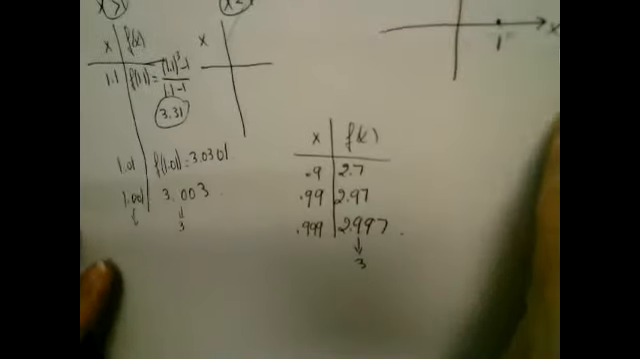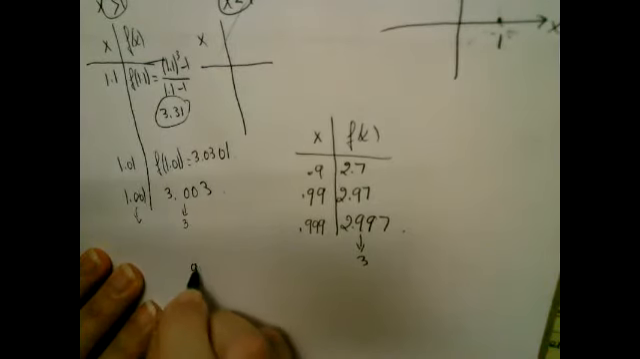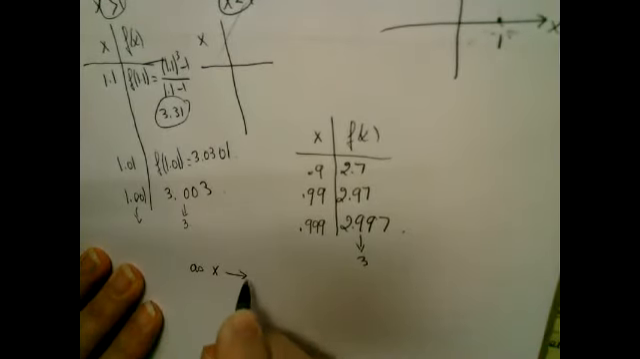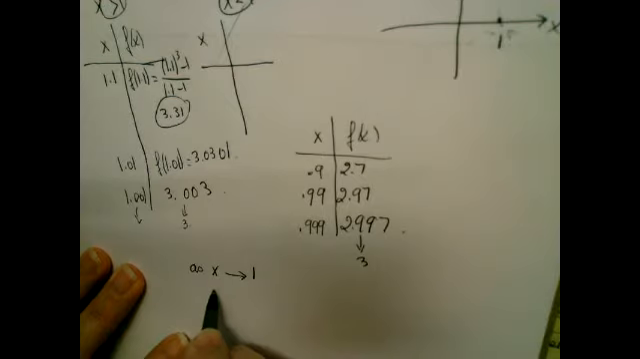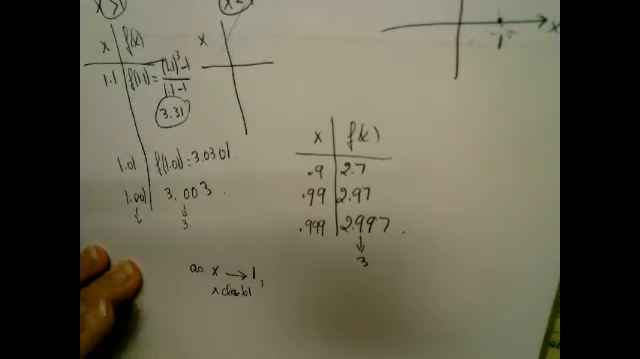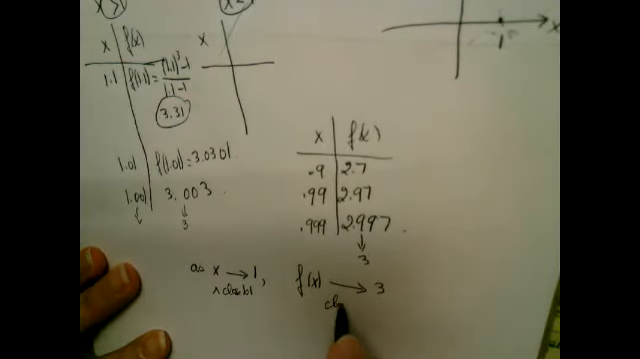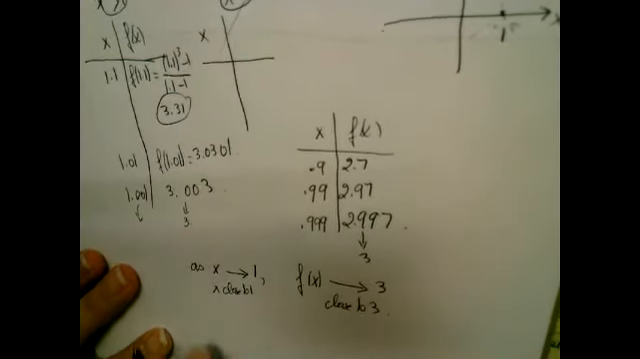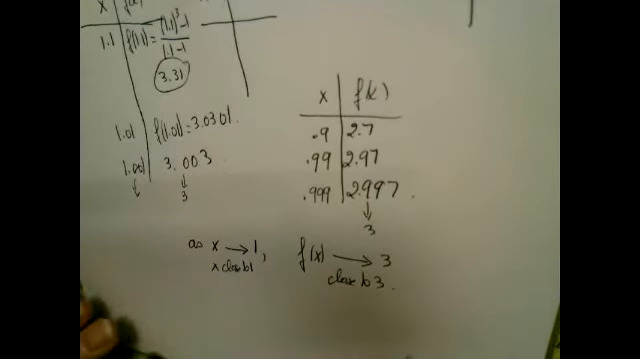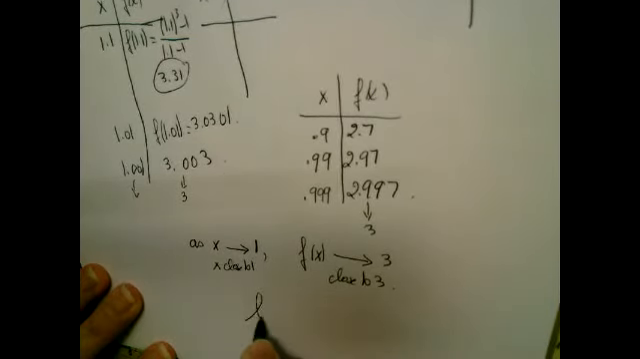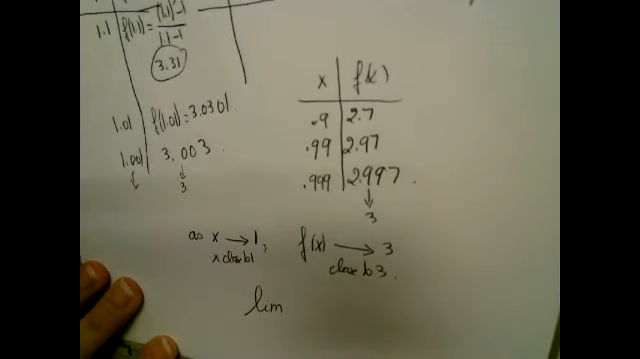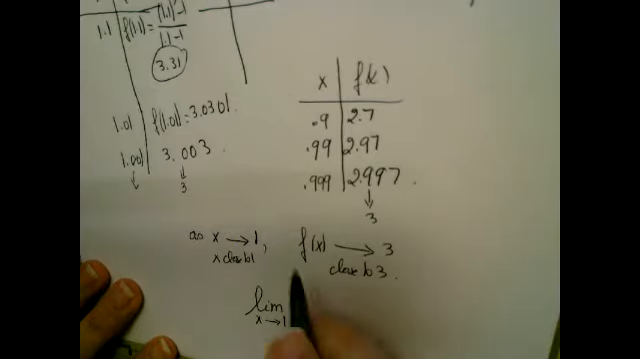So how are we going to write that mathematically? So it means as x becomes close to 1, so this notation means as x becomes close to 1, the output value f of x is taking value close to 3. So f of x is taking value close to 3. So we write this the following. We say that the limit as x becomes close to 1 of f of x,